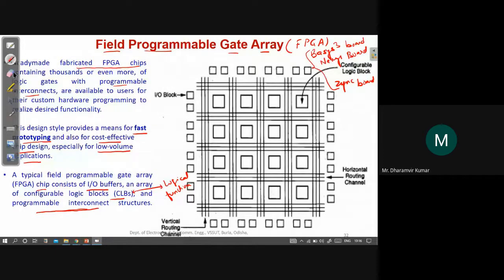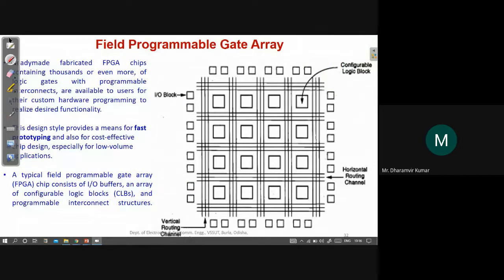So look at here. This is an architecture of a Xilinx FPGA, a simple architecture. On the periphery, we have these I/O blocks. These squares present on the periphery are the I/O blocks, input/output blocks.